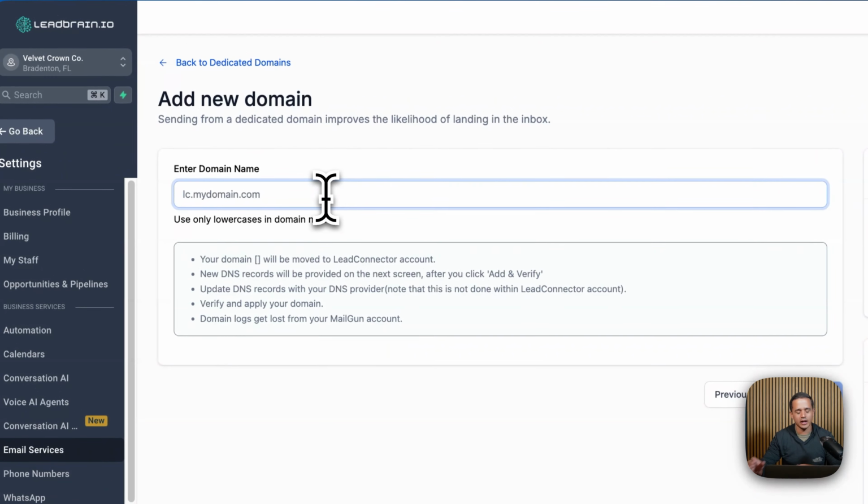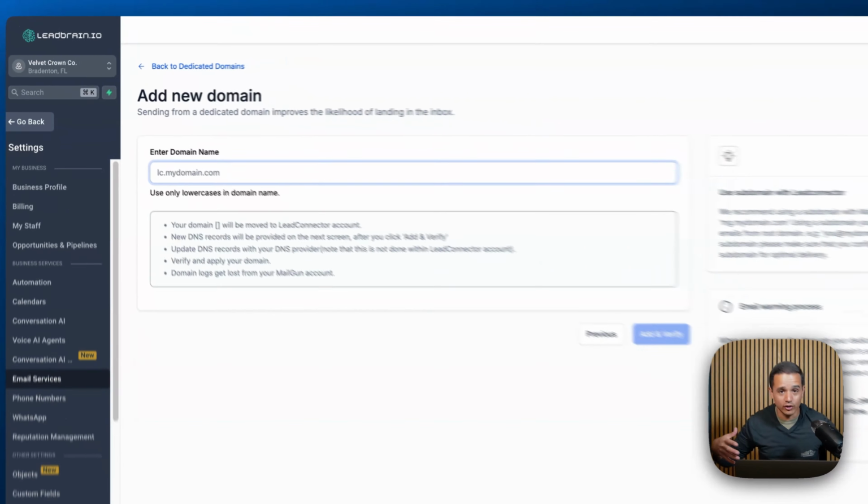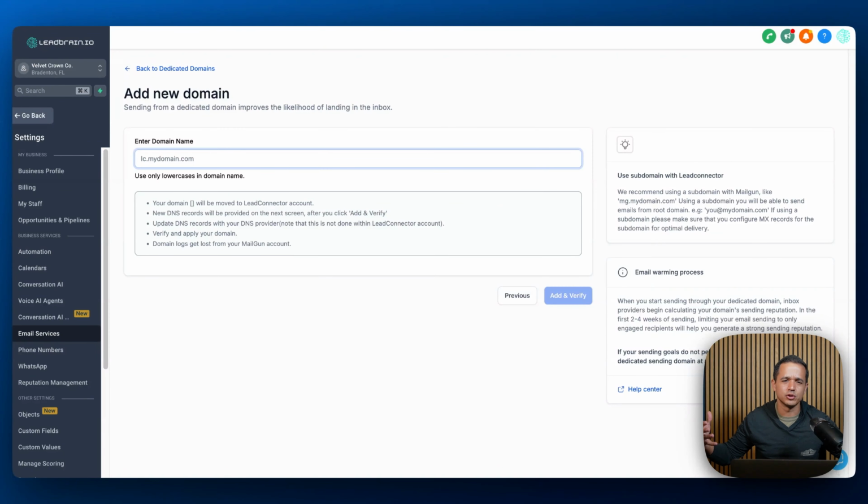In here, we're going to add a subdomain for our disposable domain. My disposable domain in this case is leadbrain.pro. So what I'm going to do is just create an acronym, right? The name of the company here is Velvet Crown. So I'm going to say